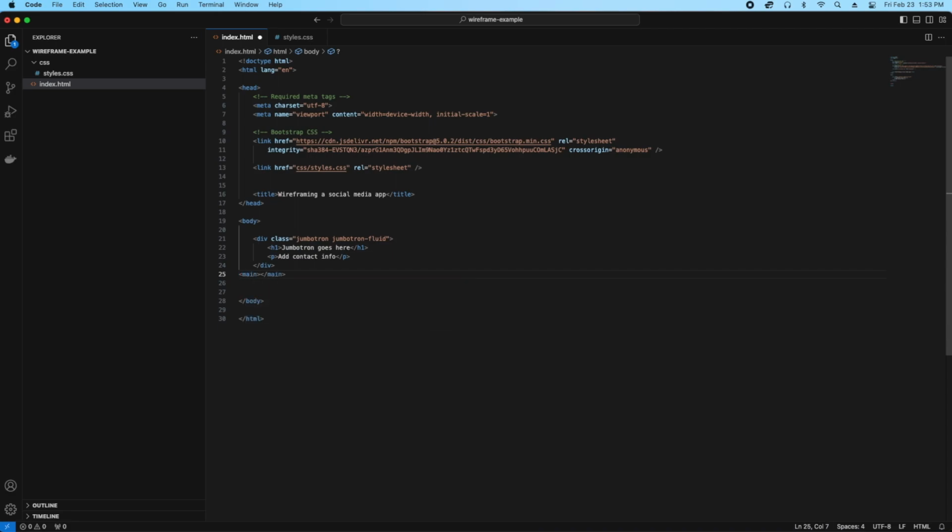The grid system is based on 12s, so think of 12 across being the grid, and you can go any way. You can go 3 4s or 4 3s or 2 6s. So 2 6s would be 2 columns, and I'm going to be doing, let me see here, column 9 and 3, so that equals 12. So I think I changed it to an 8 and 4 in a minute, but as you can see now, I'm